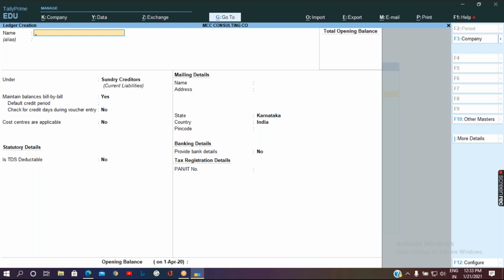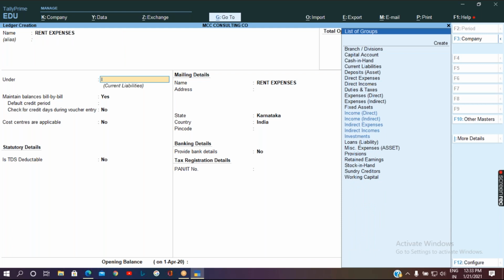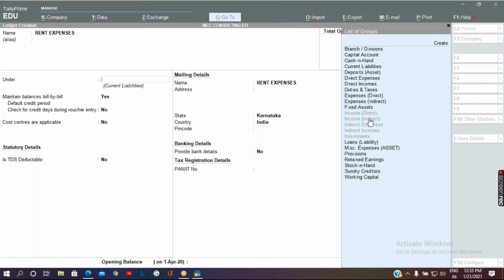The next ledger will be the expenses, that is rent expenses. Let me take it under indirect expenses.